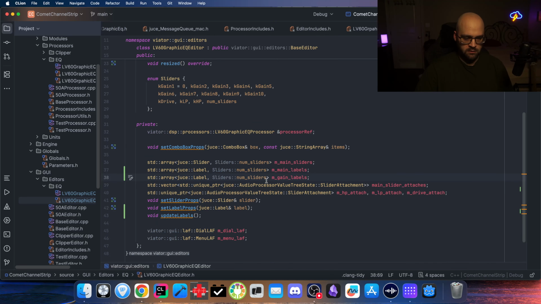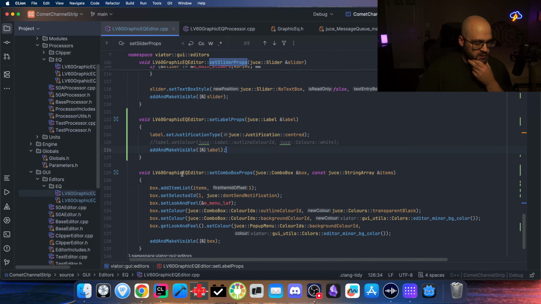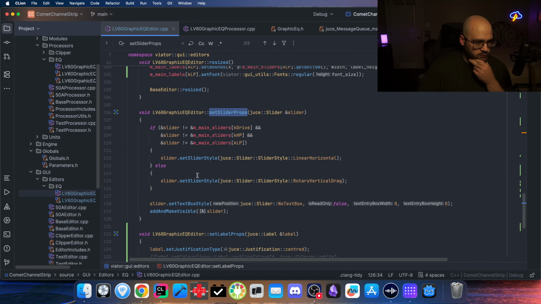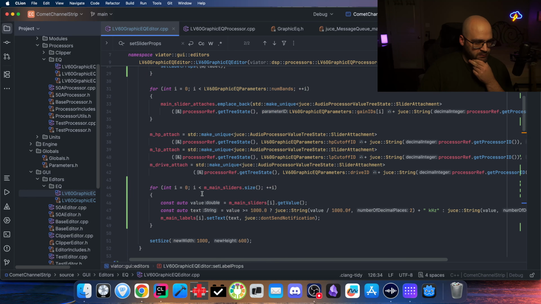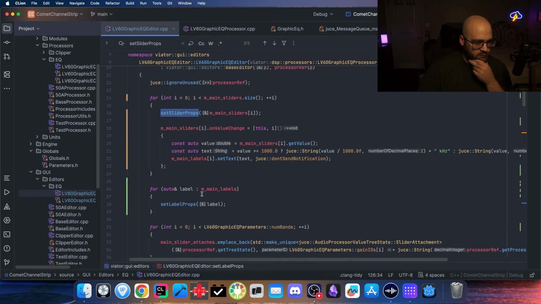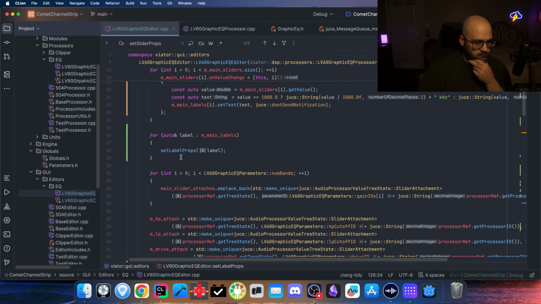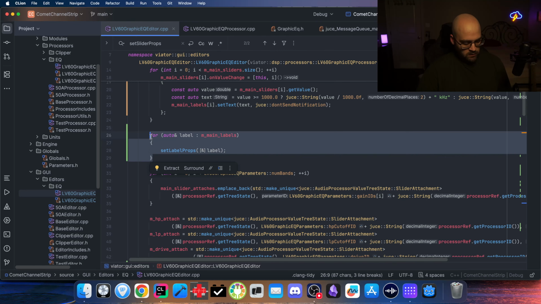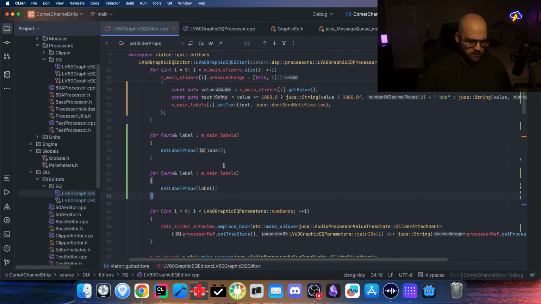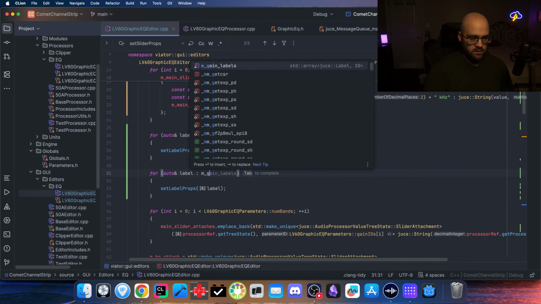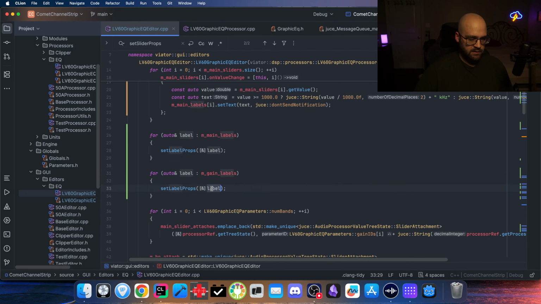Oh, wait. Actually, this is going to be 10, not num sliders. Okay. We got 10 gain labels, and what we got to do is, I guess, kind of the same thing. Yeah, let's do this. The gain labels, that, and then we're also going to